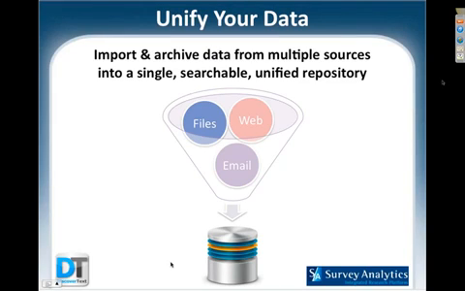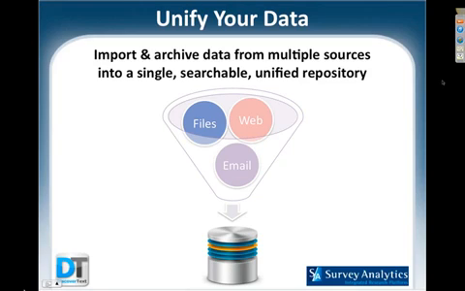Part of what we're doing at TextSifter is dealing with problems that are created when data is linked too closely to particular applications. One of the main goals for us as a software company is to flatten out all these different sources of text data and bring them together into a unified repository.